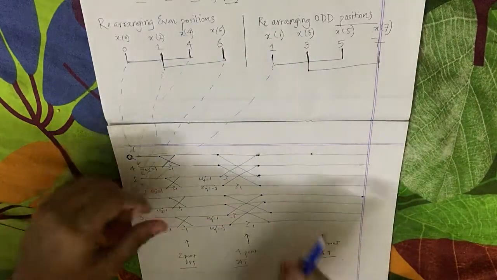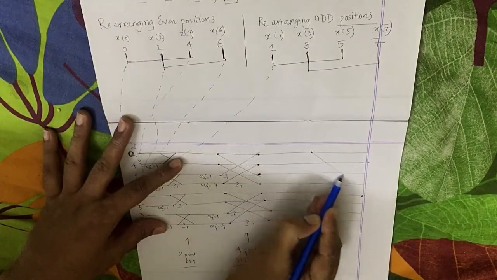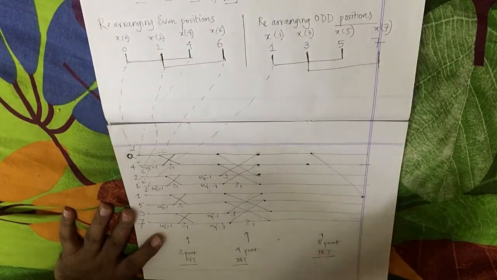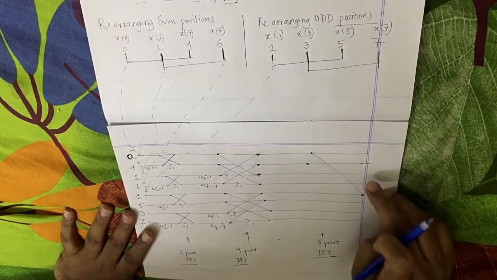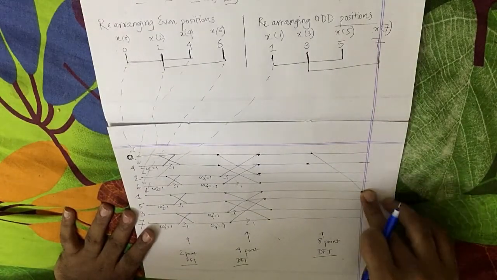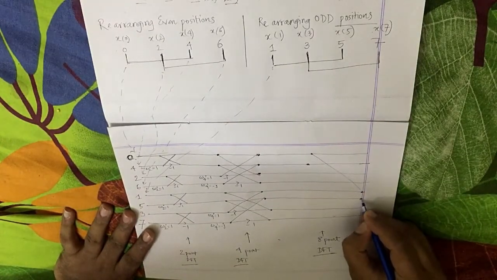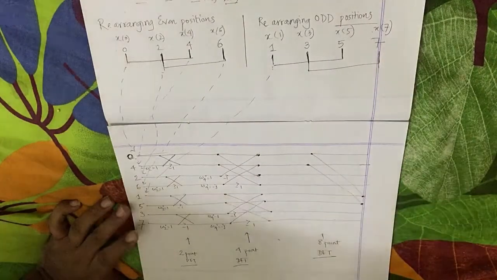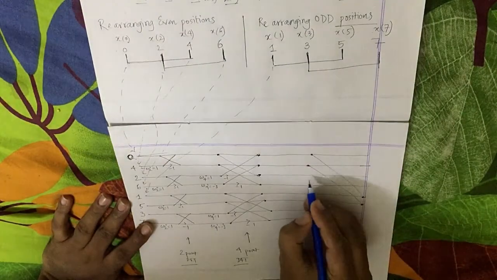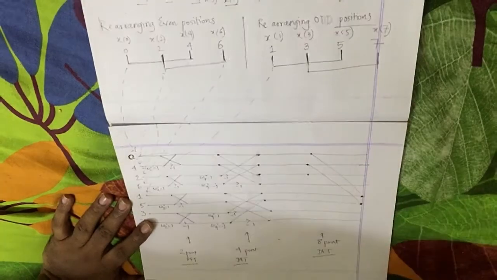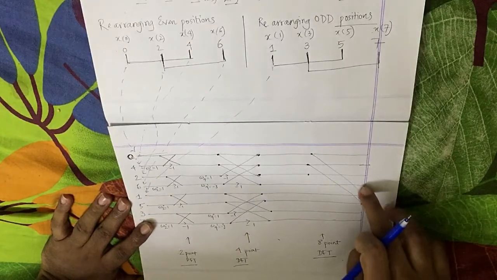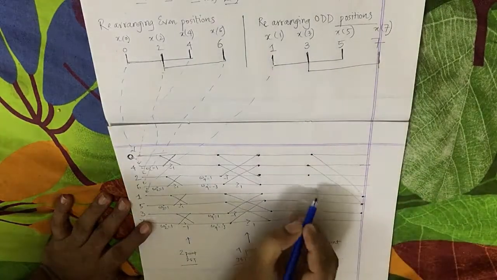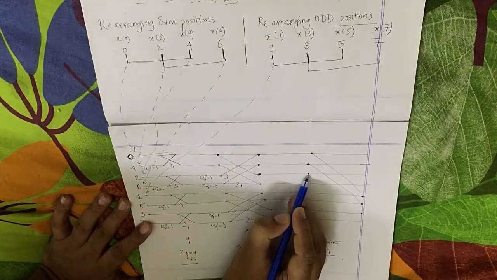Okay, so now we draw a line like this. Same goes for this as well, keeping 3 lines vacant, 1 line, 2 line, 3 line. Go underneath this one and draw a line like this. Then again we start from this, keep 3 lines vacant, 1 line, 2 line, 3 line. Go here and draw a line like this.